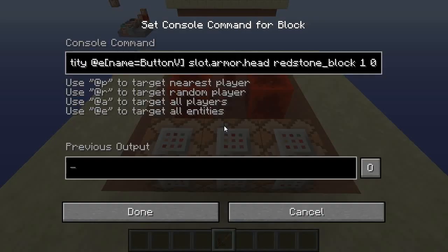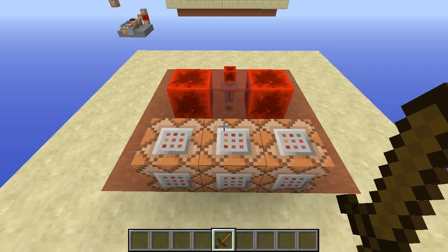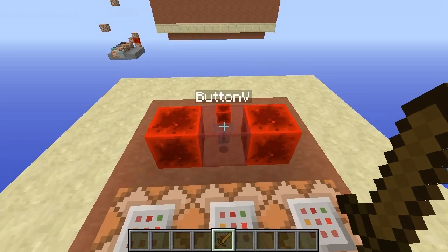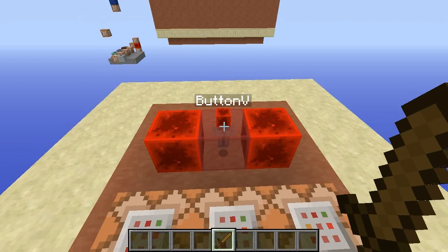Once you've summoned him, you want to just give him the block that you want to miniaturize via the replace item command. But the thing is that even if you do all these, villagers or any entity really have this annoying habit of turning around. So you can actually immobilize them, but they'll still turn on the spot, turn their head, and that's not what we want because it needs to look like a static block.